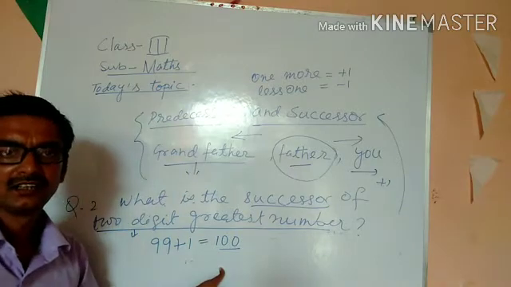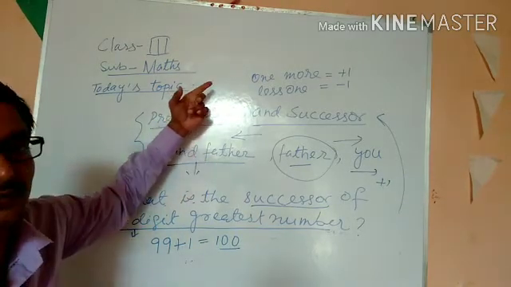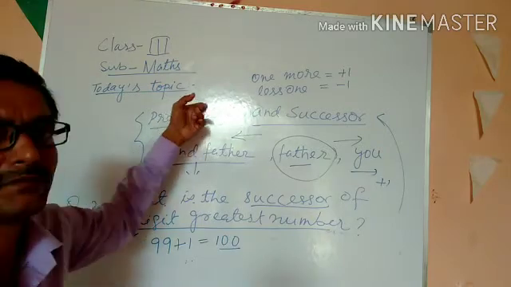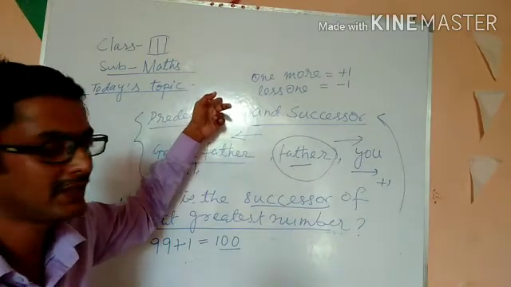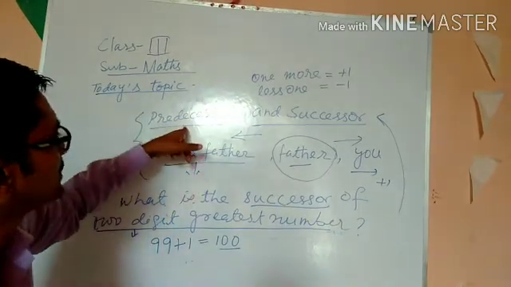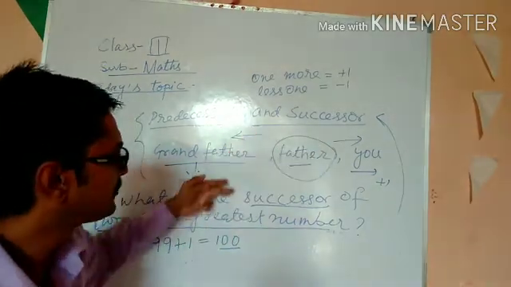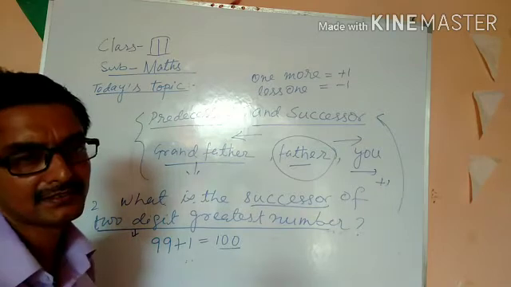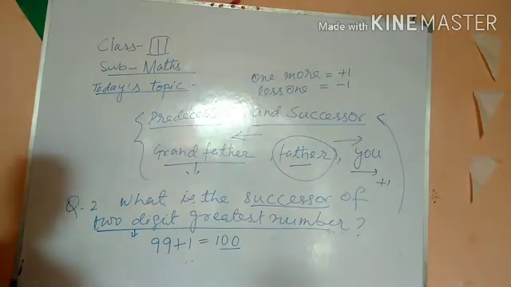Is it clear? So in this class we have already discussed how to find the place value of an inserted number, as the worksheet has some problems related to that topic, and some problems related to the predecessor and successor are also there. So you will have to solve each and every problem with this concept. Is it clear? Now the third topic is